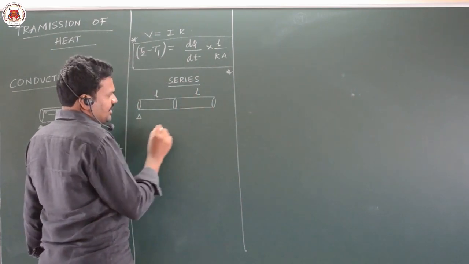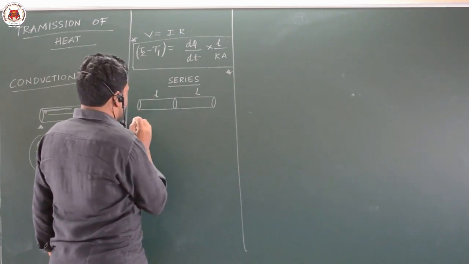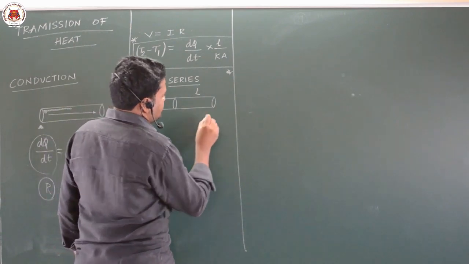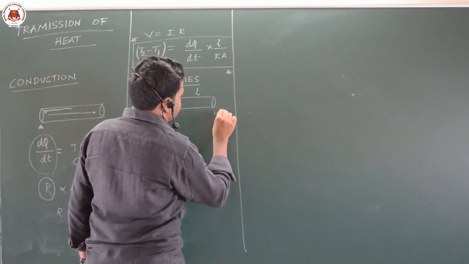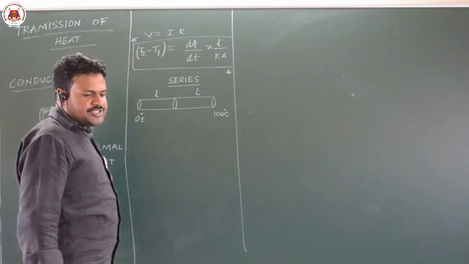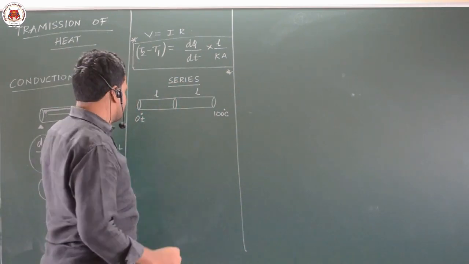You are heating at this end. This end is maintained at 0 degrees Celsius. This end is maintained at 100 degrees Celsius. Let us assume this end is maintained at 0 degrees Celsius and this end is maintained at 100 degrees Celsius. Now,